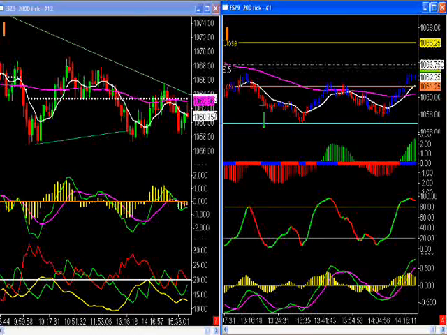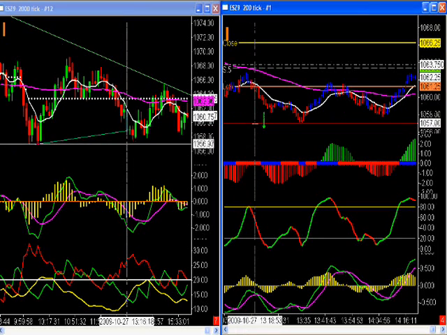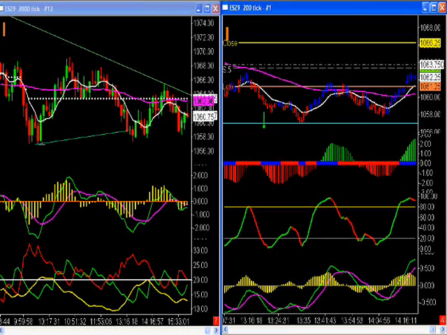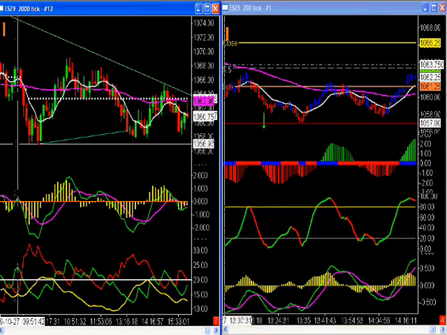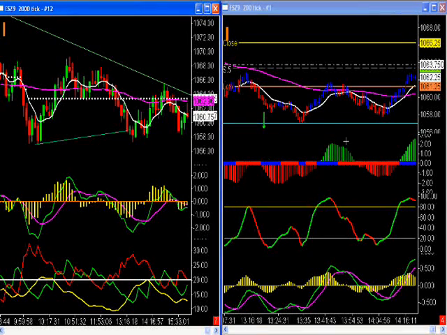So you enter knowing that this is a support area, based on previous price action in the morning. You can see it very clearly there. Also, we had picked out that area as an area where we are likely to stall. So you get in that trade expecting that that's where your target is going to be. So you have to know that, and then once you get your initial target, or however you want to manage it, you just have to know again where support and resistance is, especially on a day like